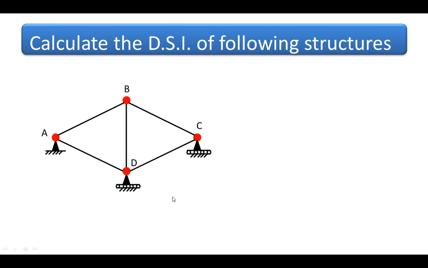Then this frame has 3 supports, A, C and D. So A is a hinge support, C and D are roller supports. So here we calculate the external and internal separately. So here first are the reactions. At A, 2 reactions HA and RA. At D and C there is only 1 reaction each because of roller support.